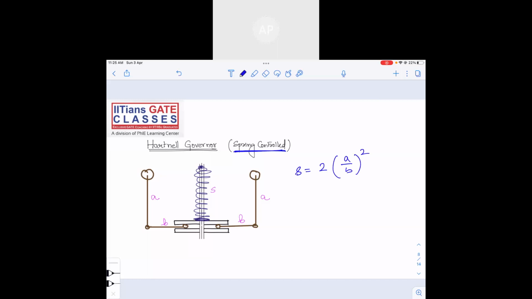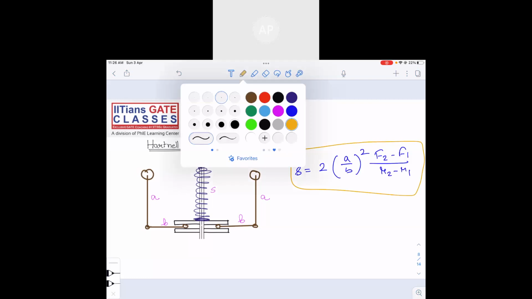A divided by B whole square, F2 minus F1 divided by R2 minus R1. इसके लिए फिर से you have to analyze this. ठीक है. F2 and F1 are the spring force at the innermost position and outermost position. Innermost position is, or you can say, the compressed position when at the maximum speed. Spring force at maximum speed,